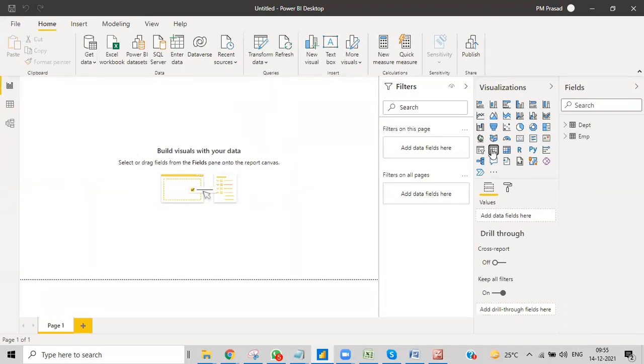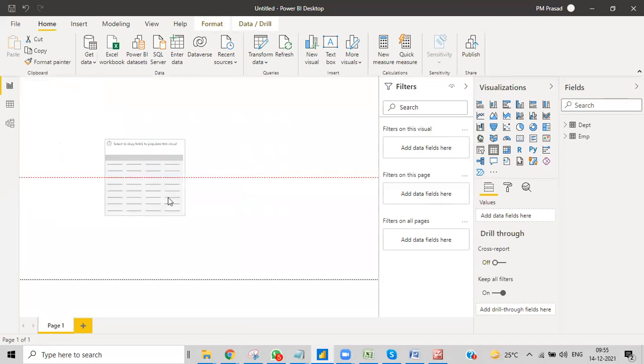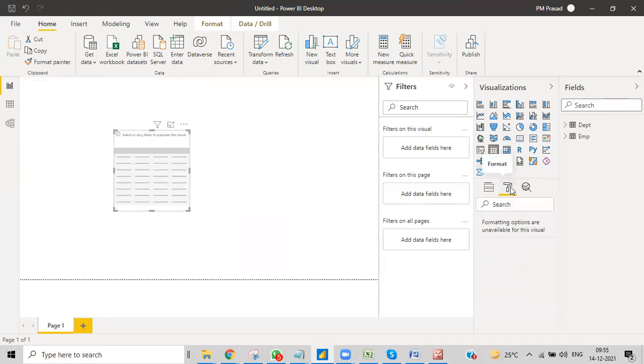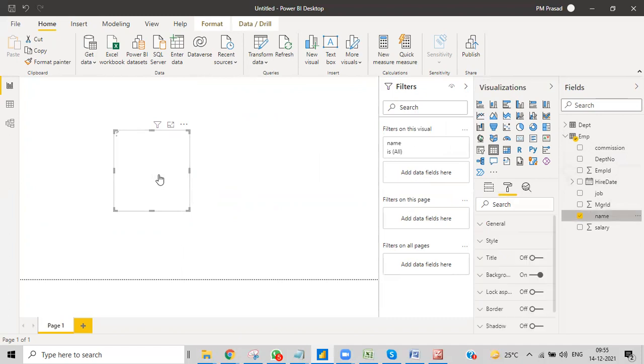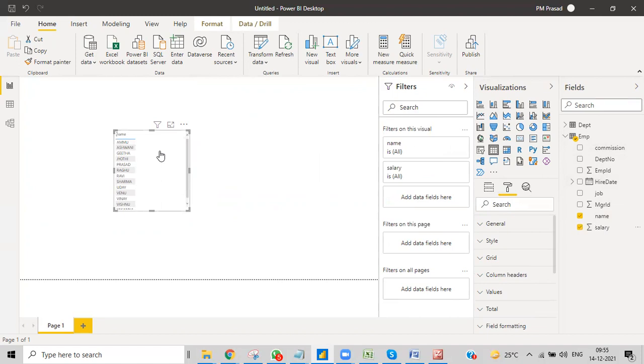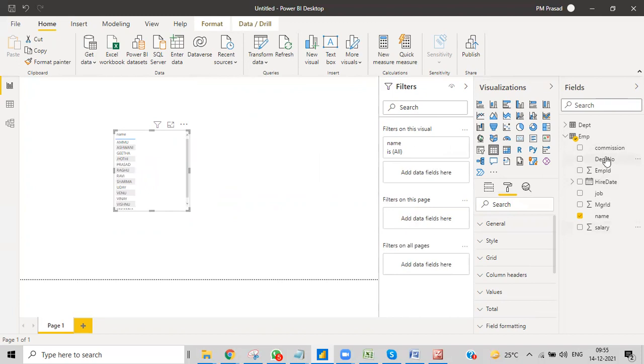First of all, let me take a small table and get some data here. I have the EMP name column, so I'll get the name column over here. Then the salary column, I'll get my salary over here. Or else, first of all, I'll get the EMP ID.